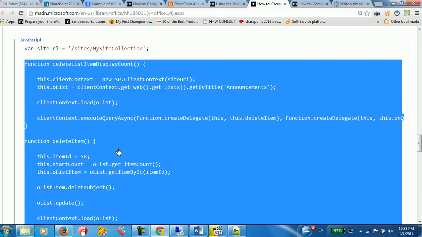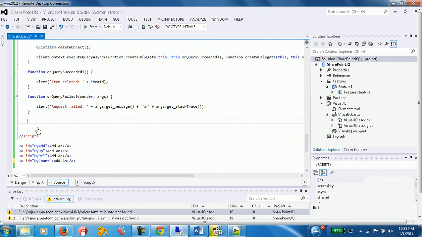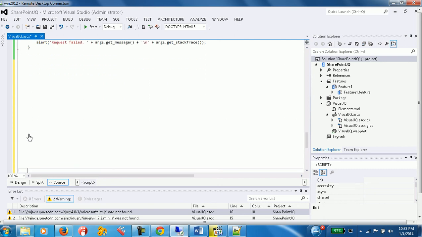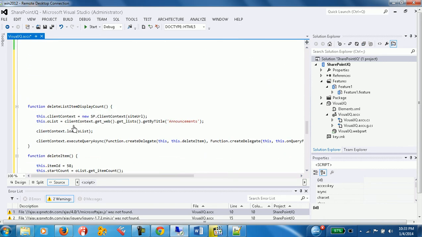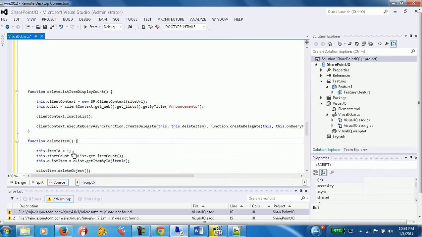Paste the code. As you can see here, we are calling the current site URL announcement, and here we call all this data, and we call delete item, which is going to delete the item number 1, for example,